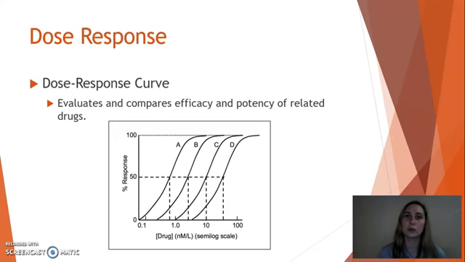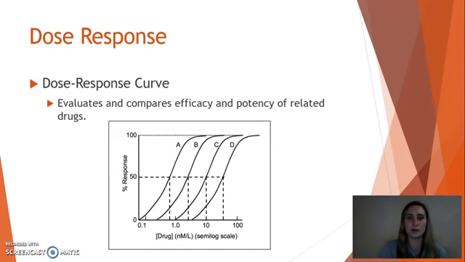And getting into the dose response curve. So a dose response curve is a good tool to kind of evaluate and compare the efficacy and potency of related drugs. So take two of the drugs that are in the same NSAID class, for example, ibuprofen and naproxen. We can put those side by side in a dose response curve. And as you can see from the A, B, C, and D graph that I have listed here on the slide, the drug is going to gradually and smoothly kind of increase through its threshold into its maximal effect, but